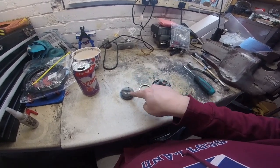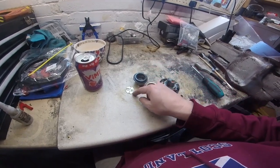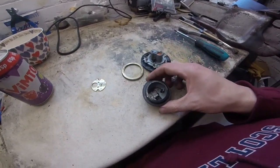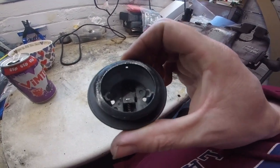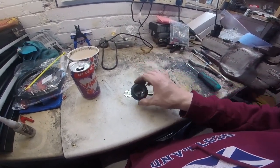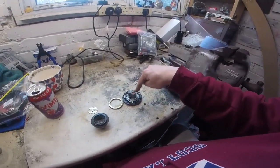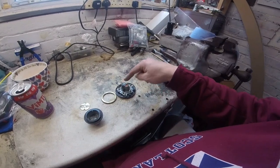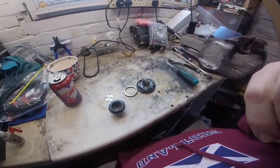But basically I'm going to give this part a bath, which is the actual latch. There's nothing to it. That peg goes into that little thing there where the spring is, and that is what opens your latch. But it does require a breather hole. Now I can see through that, so it suggests that the blockage is actually further up. So I'm going to disassemble this and then just chuck everything in the old aqua jiggler and give it a